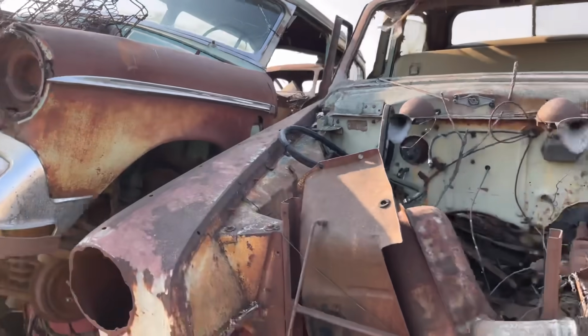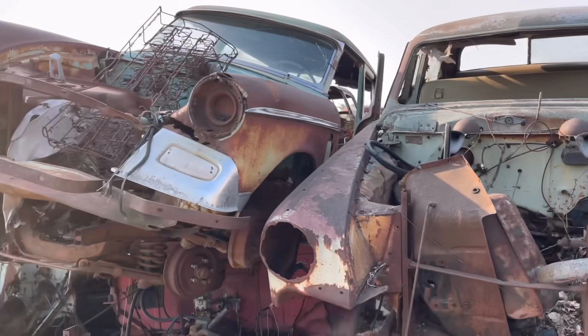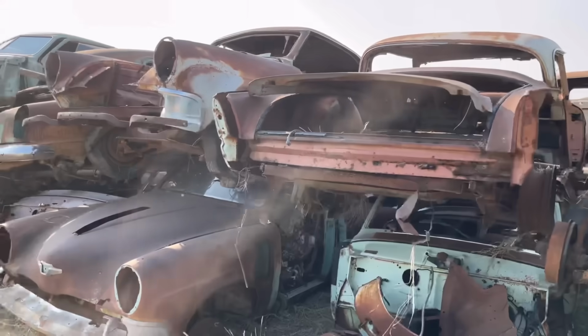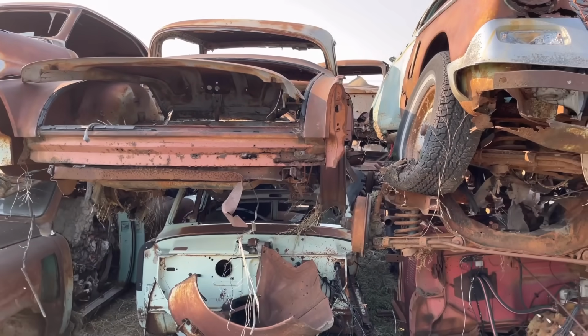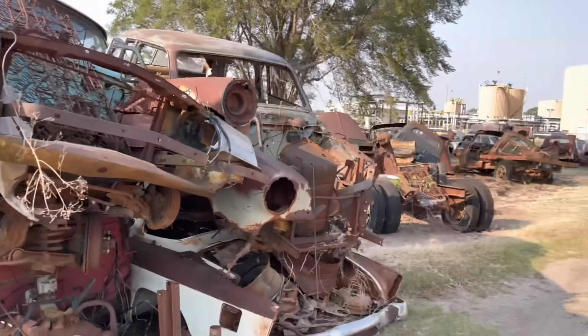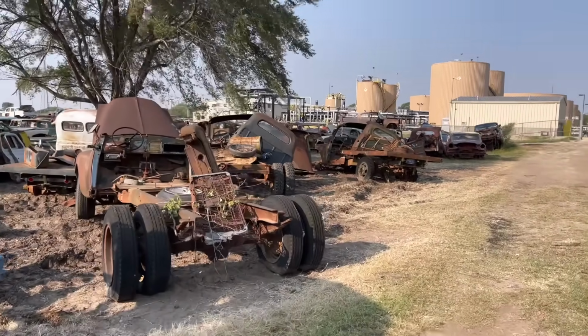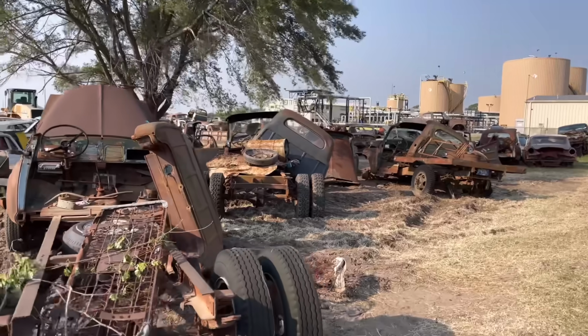And so there's just nothing really good that's got high demand, high value, anything like that. And it's just all stuff that might sell for $20 sometime in the next 5 years. So it's not worth the time for me to haul this stuff clear home, because I'm quite a ways from home right now. But we went through and we saved a ton of stuff off of these vehicles, mainly for